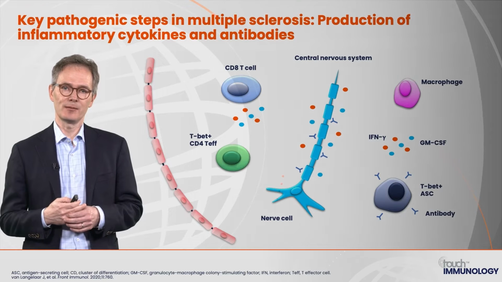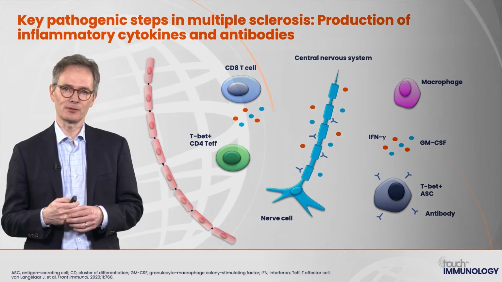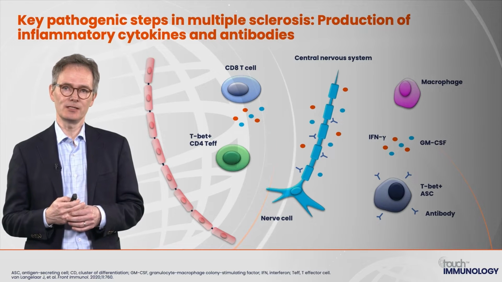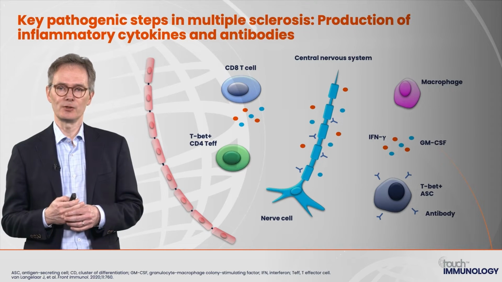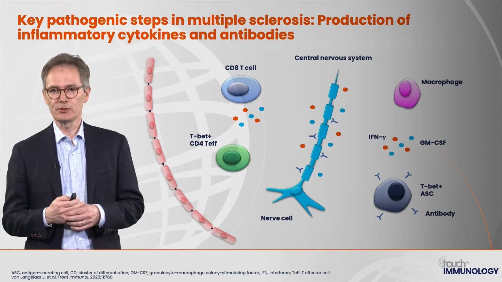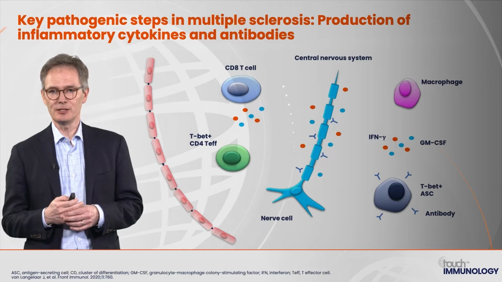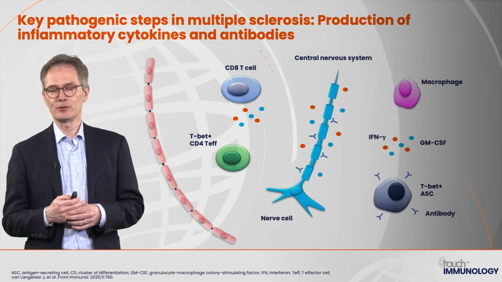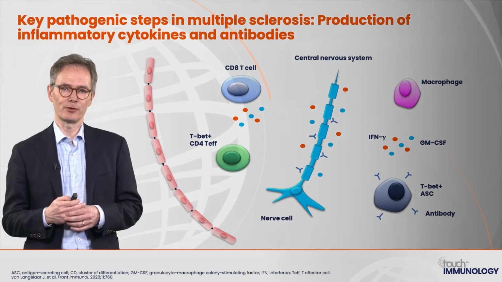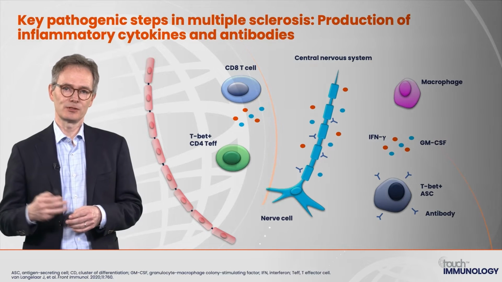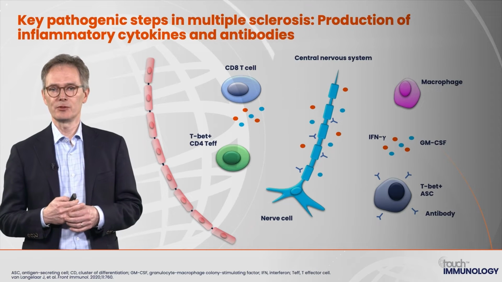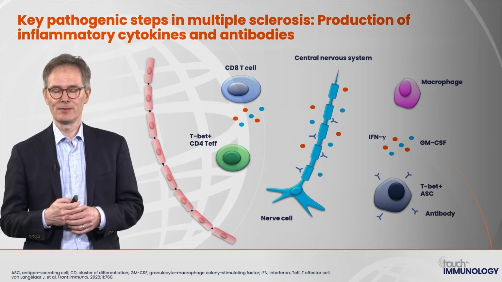So in the end, the cascade is very complex. So there's a plethora of different mechanisms that could lead to a destruction of the neurons and the oligodendrocytes. Unfortunately, so far, we don't know the real antigen that initiates this response, in contrast to other autoimmune diseases like neuromyelitis optica, where we know that an aquaporin-4 antibody response leads to a destruction of astrocytes and then later on demyelination. We don't know the real antigen in multiple sclerosis.